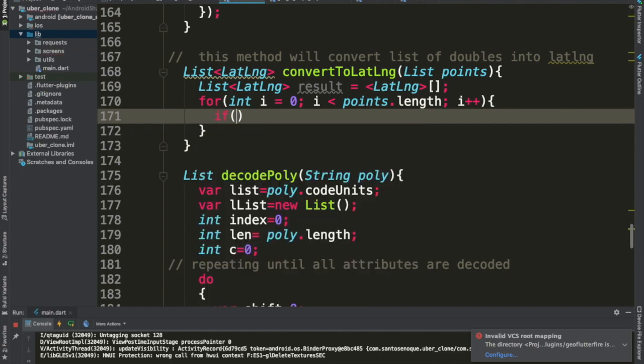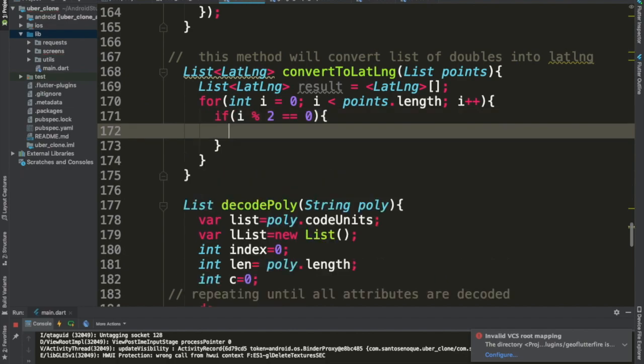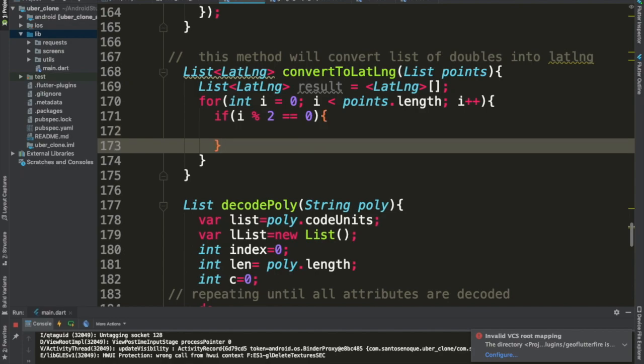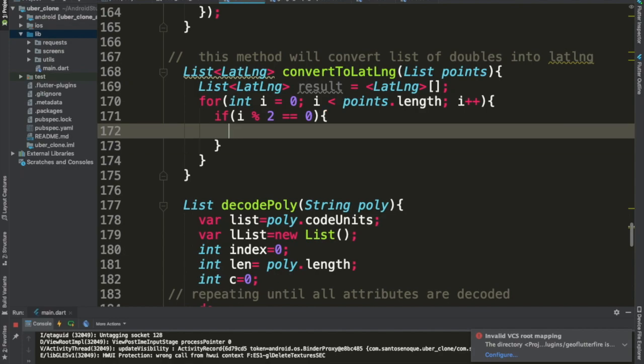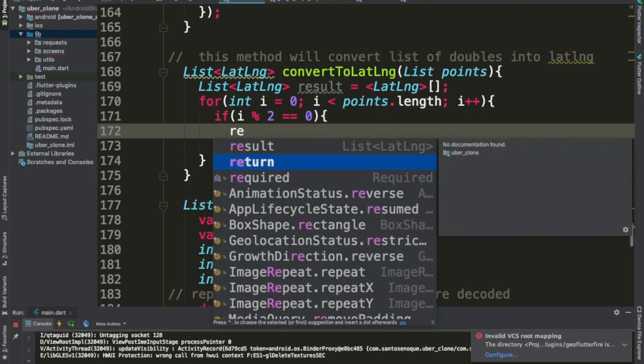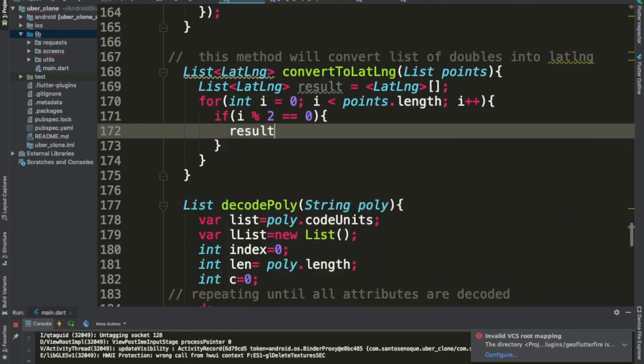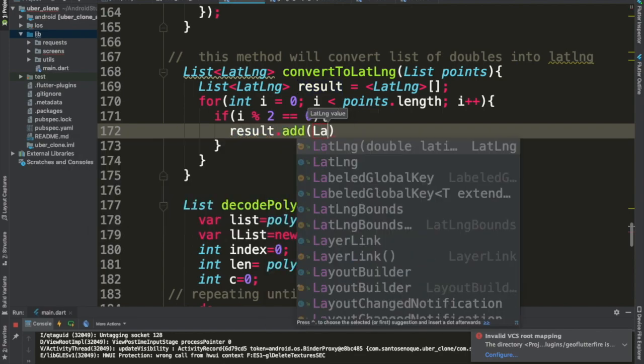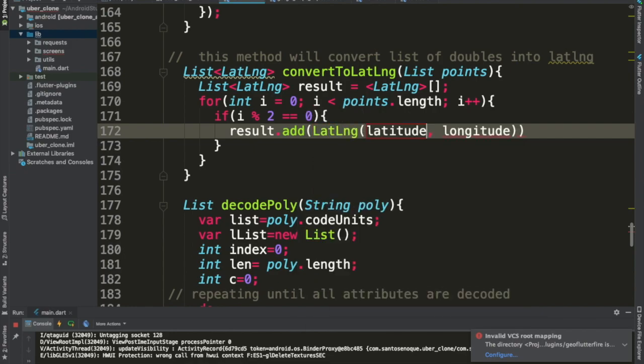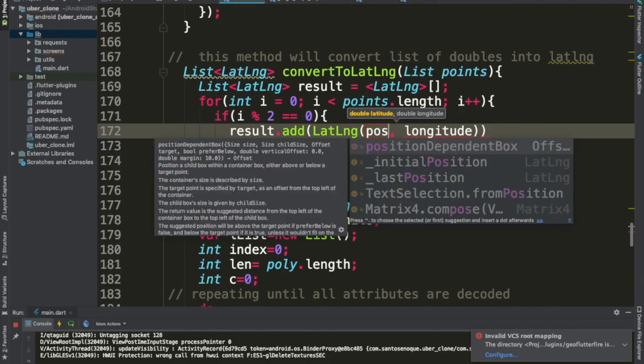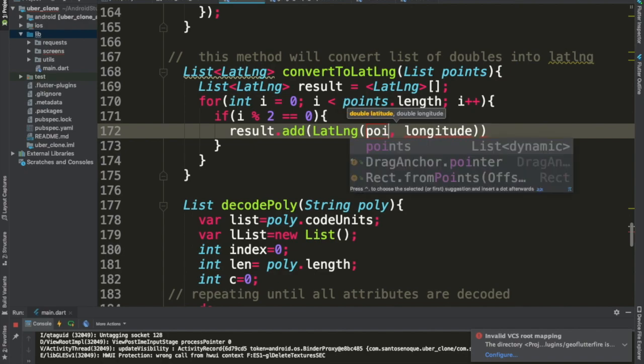If i modulus 2 is equal to 0, and this happens when the number is even, we are going to do result add latitude and longitude values, position points, not position, points